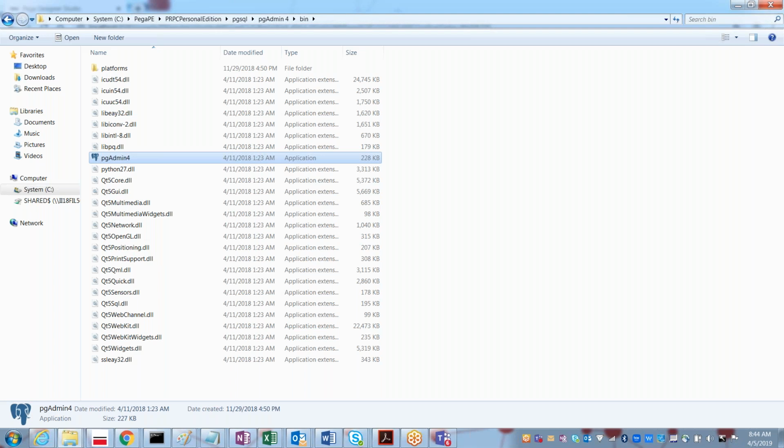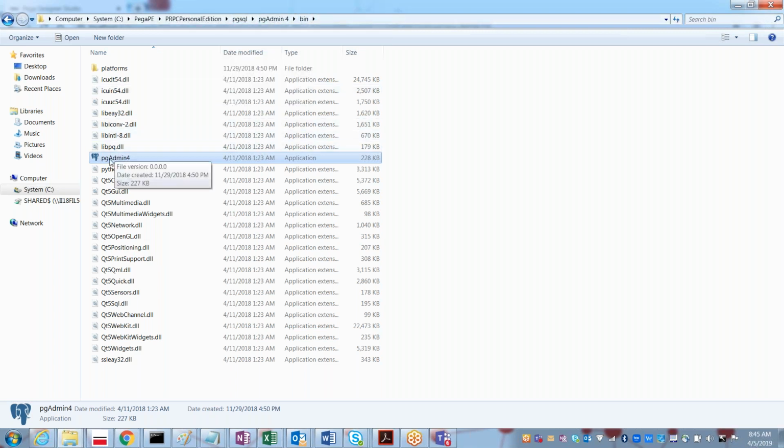So how can you go to the database? First you go to the folder where you have installed the Personal Edition. I installed the Personal Edition on my C drive; you may have installed it under Program Files or somewhere else. Locate the Personal Edition folder. Under that, this path is common: PGSQL, pgAdmin 4, and again bin.